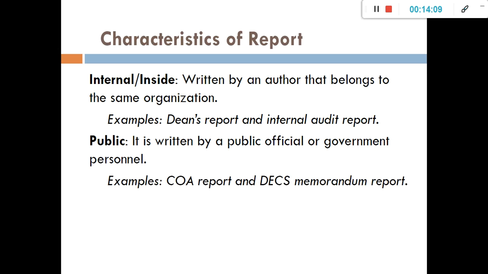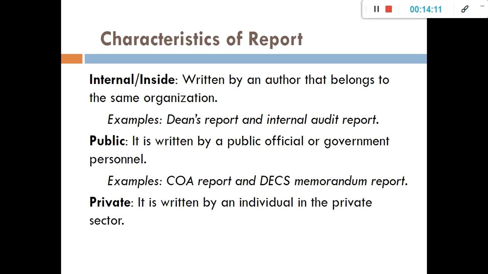Of course, when there is public, we have private. So when it is private, there is the COA report, index memorandum report. Okay? Next is the private. It is written by an individual in the private sector. Let's say, for example, an organization, a private school. Basically somebody that is in private,